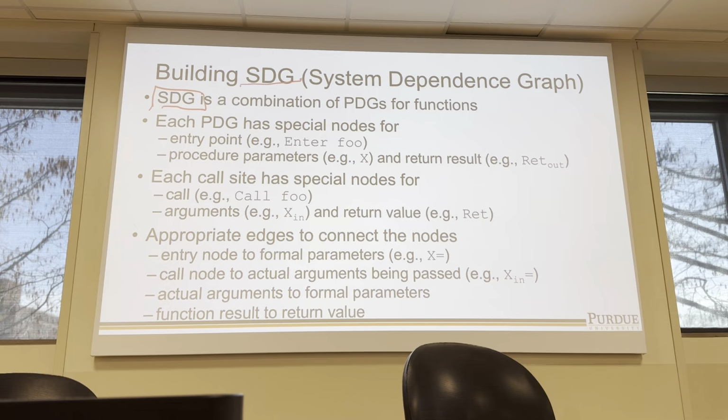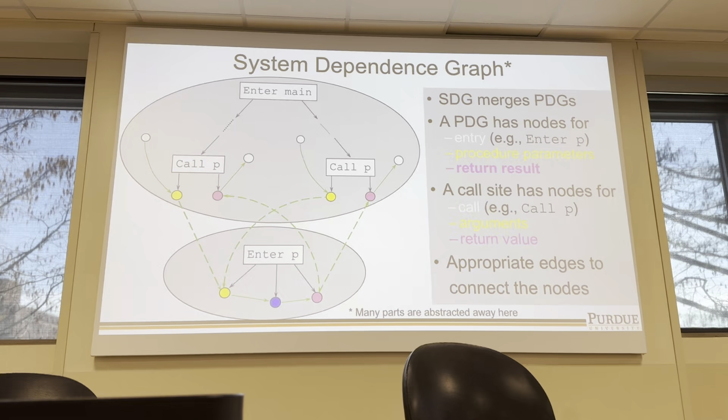Of course, we have such special nodes, and we have to connect them. Maybe this is a better way to say this. We have a main function, and all the other things are kind of abstracted away. What matters is that in our sum code, we have two different add calls. Let's say the function is basically p. In the main function, I have two different call sites: call p, call p. So each call site,